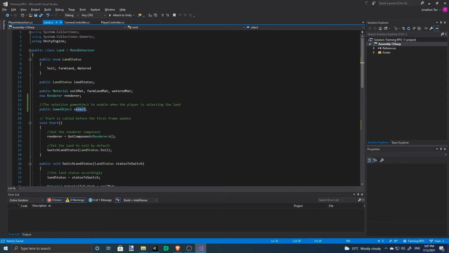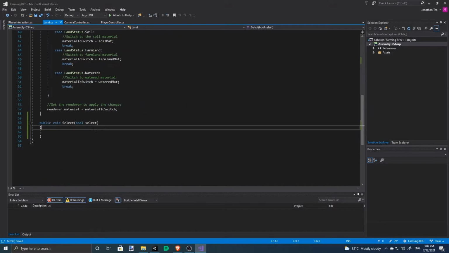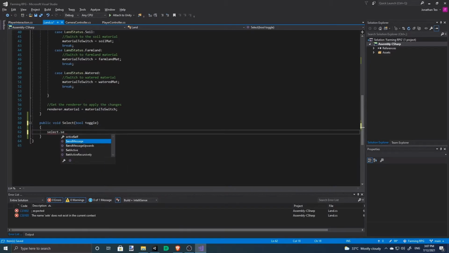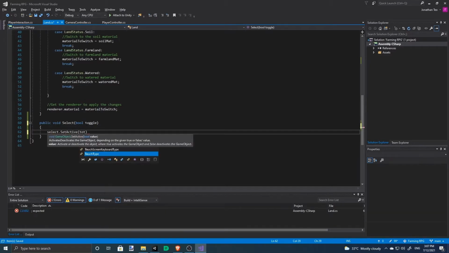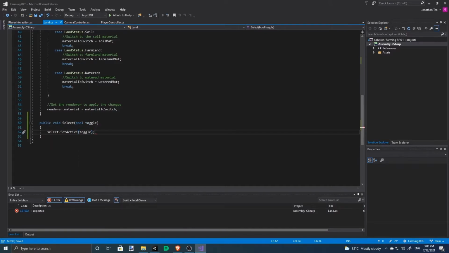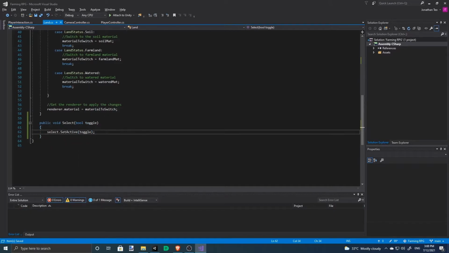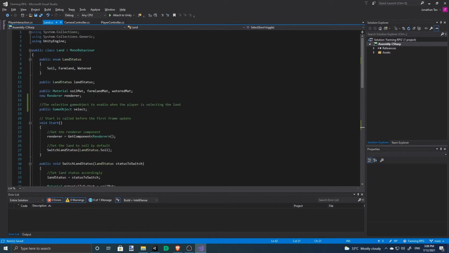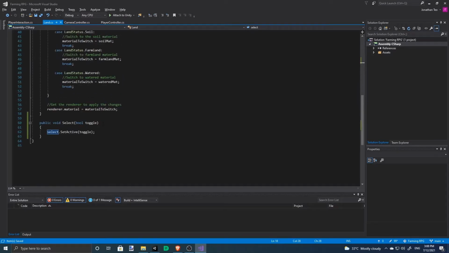This is the selection game object that will be enabled when the player is selecting the land. Let's call this toggle instead. Toggle it. There. So now if the player is selecting, this game object will be set active, and if it's not, it's going to be set to false.